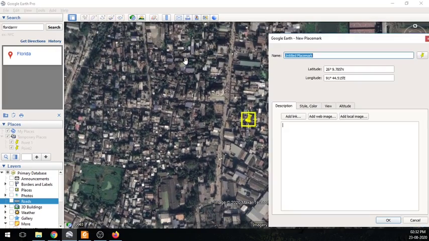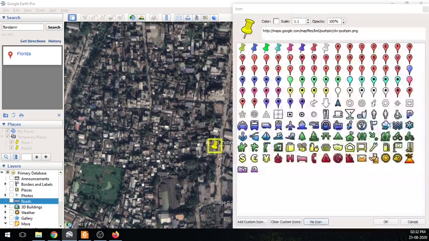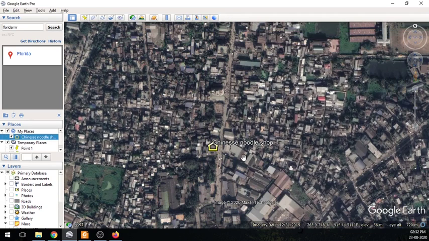Say he wants to open one shop here. So name it as a Chinese noodle shop or something like that. Put a nice icon there. Okay. Now suppose he wants to